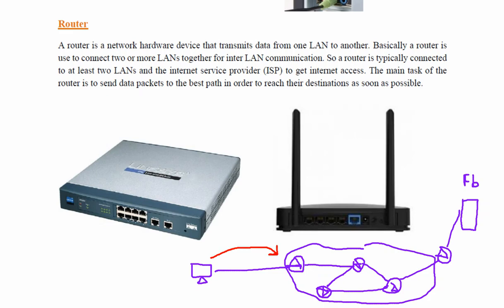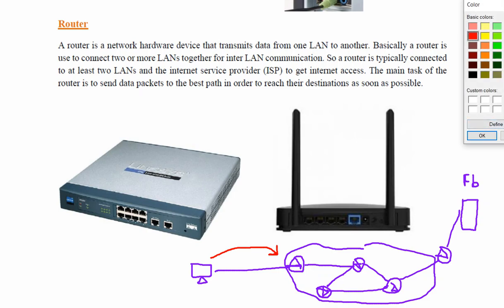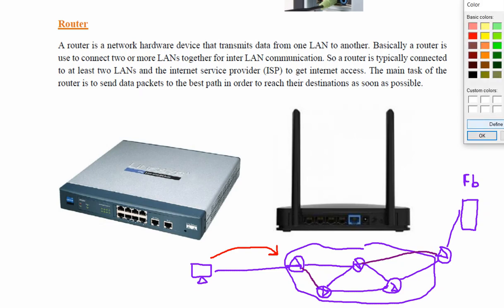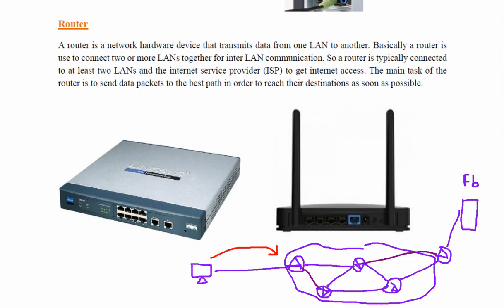So you can see, say there is a path here also, and these are interconnected. Okay, so then this router can take a decision depending on the other paths. So there is one path from here. It can send to this router and this router. Again, it can send to this one, and this one. Again, to this router, and this router. So there are several paths.